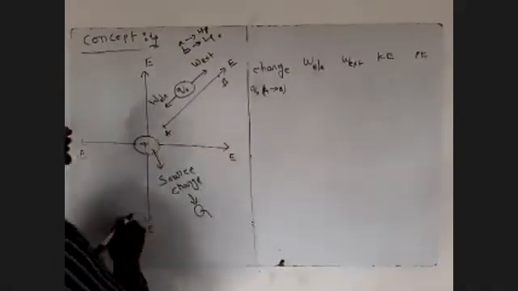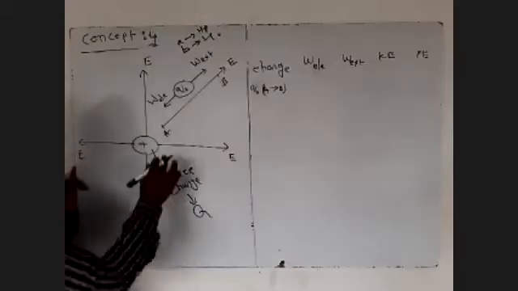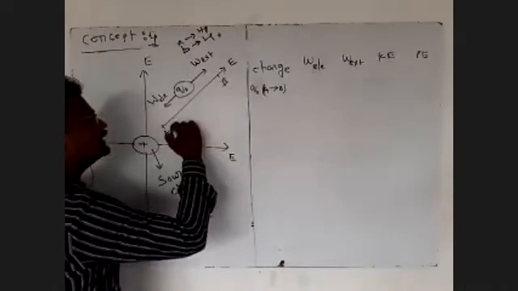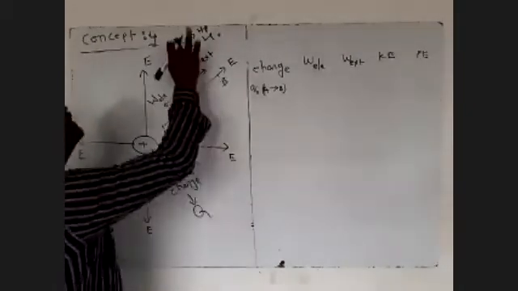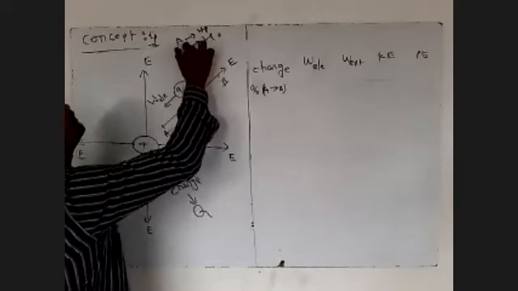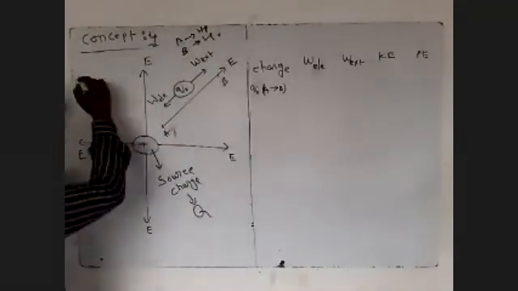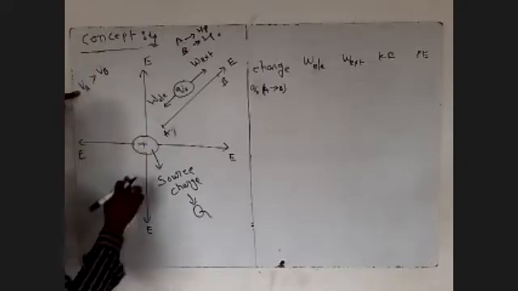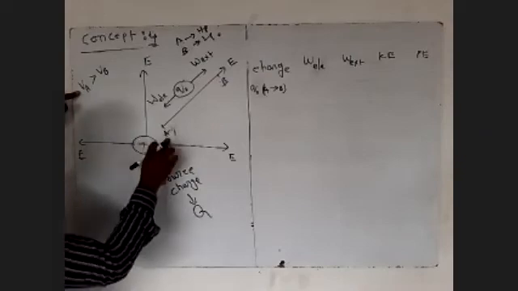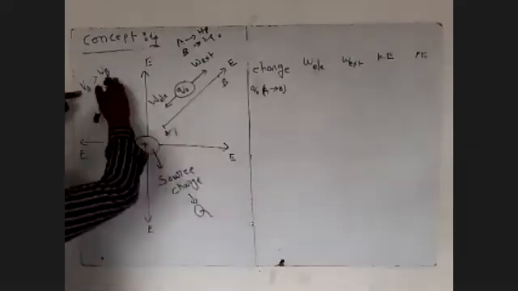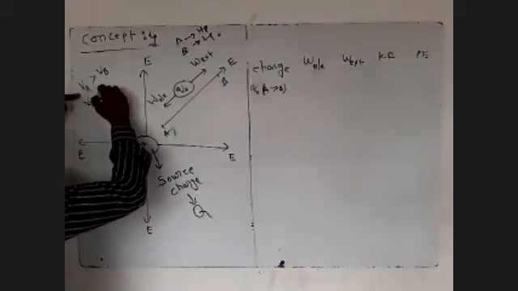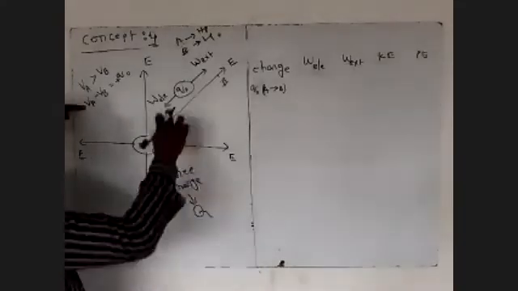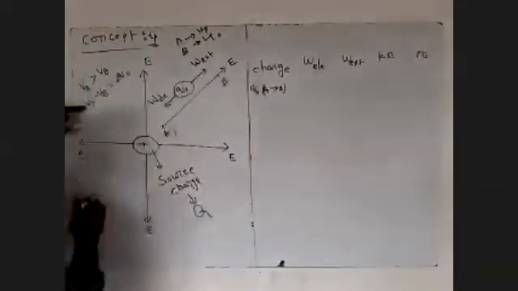So you see here, this is a positive charge. A positive charge moves from high potential to low potential. Point A is taken as high potential and point B is taken as low potential. We know very well that the electric potential at point A is greater than the electric potential at point B. So VA minus VB is positive for a positive charge. A positive charge moves from higher potential to lower potential.